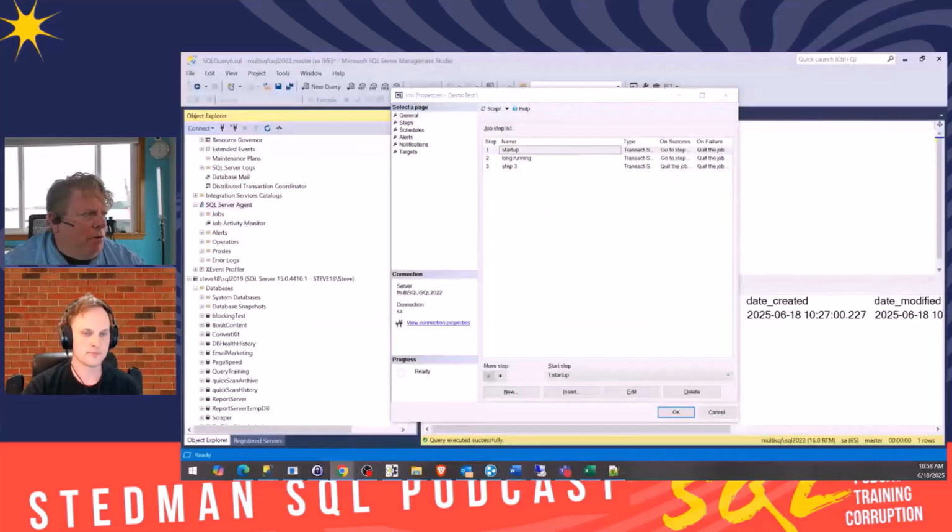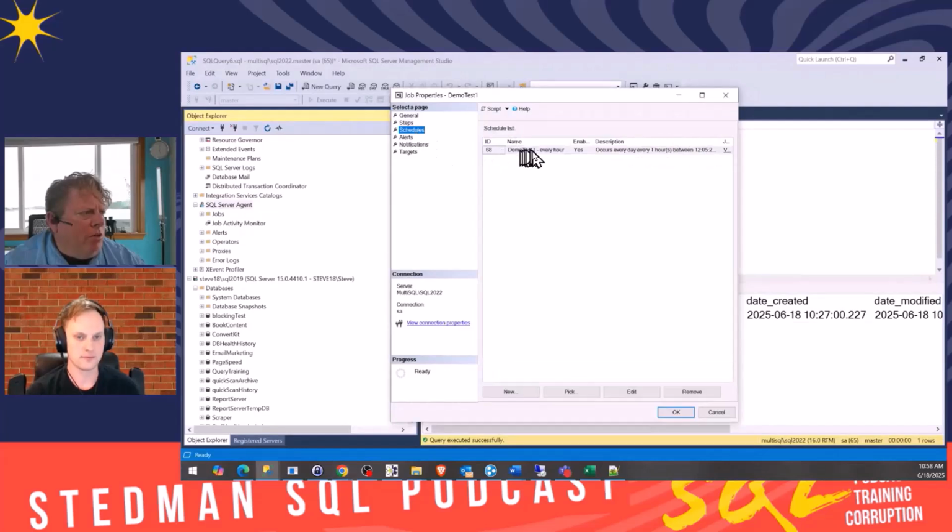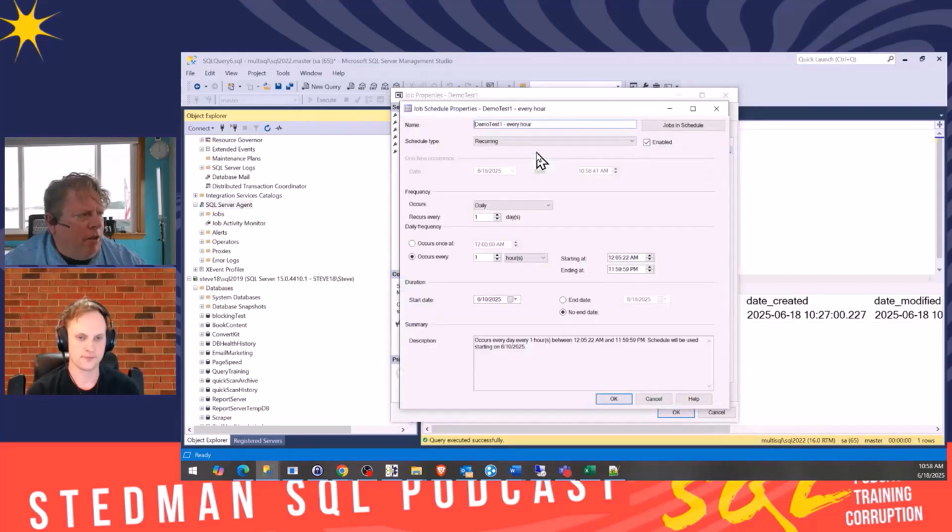One of the things that we've come up with as a rule is to not reuse job schedules. When you set up a new job, there's a schedule section here. What I usually do when I'm setting up a schedule is I put the job name and something about the frequency in it. I'm not real specific on the frequency because I know I'm going to come change that later. Most of the time I'll just go with a job name. So for instance, my job name is demo test 1. My job schedule I would call demo test 1.